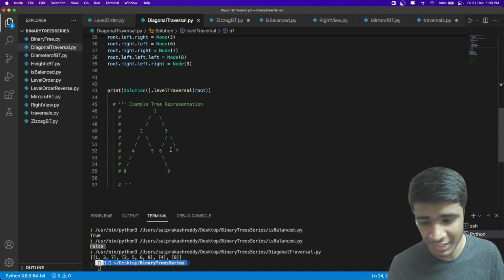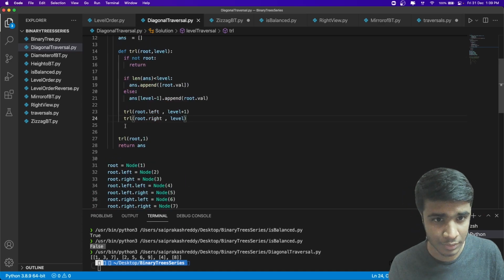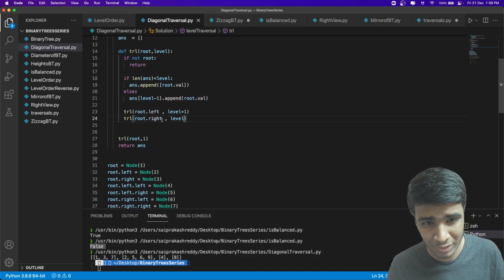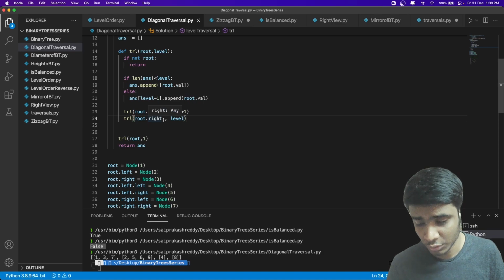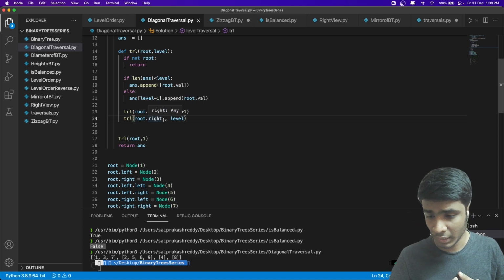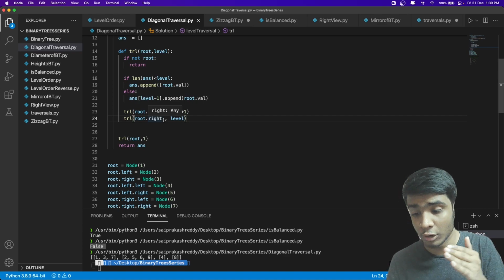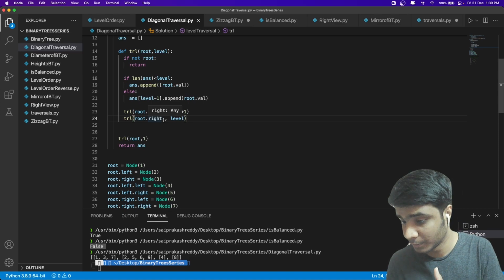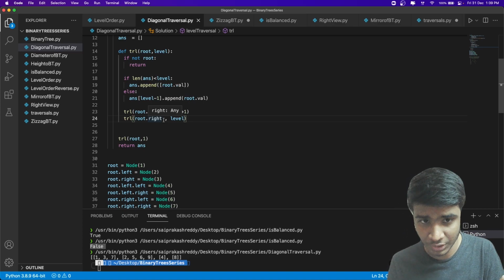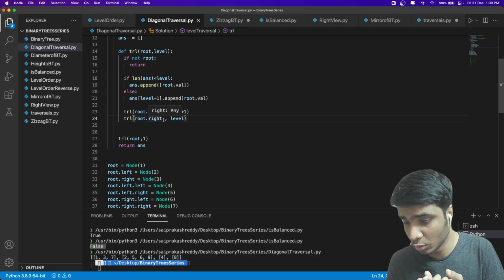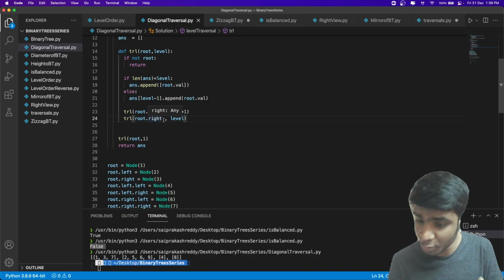So at each level, when I'm doing a traversal, all the elements to the right of my current node, so if my node is at root one, all the elements that are right children of my root are also going to be in level one. That's a simple observation. And the left elements will be processed in level two.